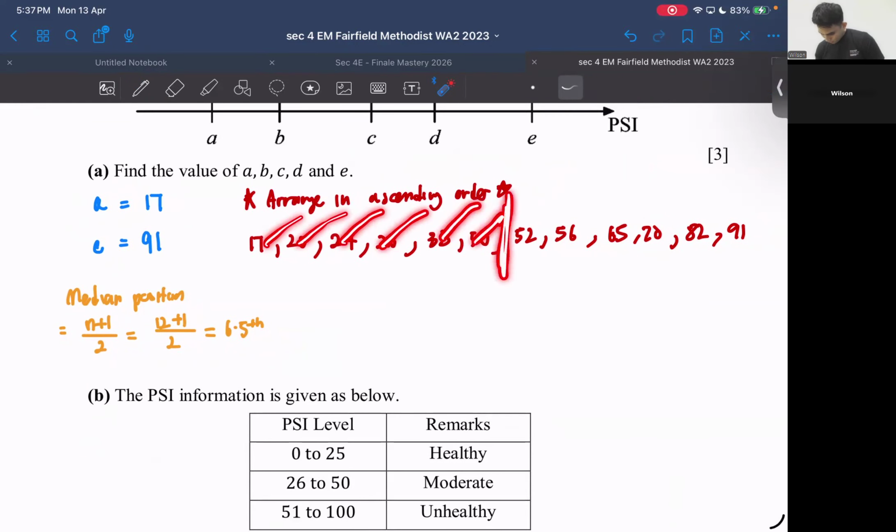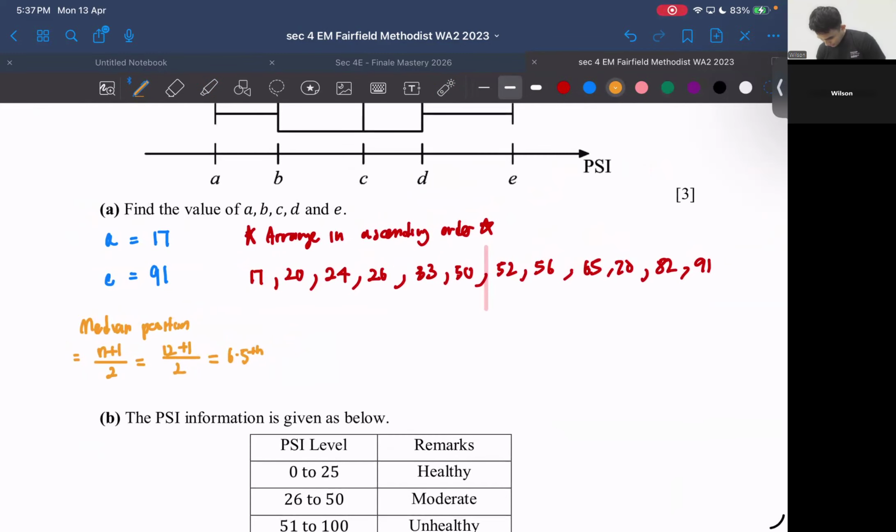Median position and median are different things. So my median is 50 plus 52 divided by 2, which is equal to 51 over here. Okay. Now, these are just PISA values, so nothing too much with this. Now,